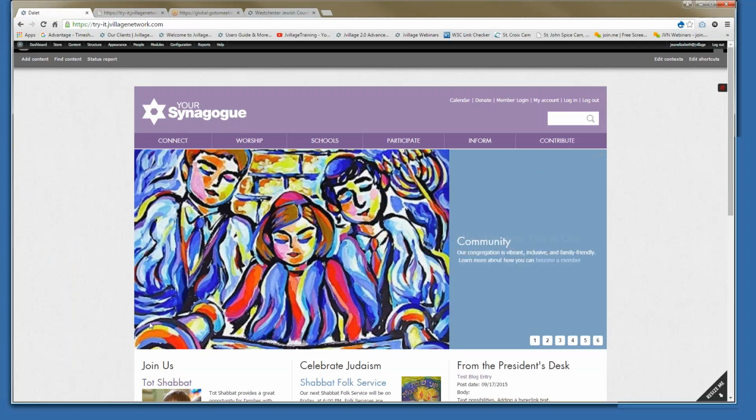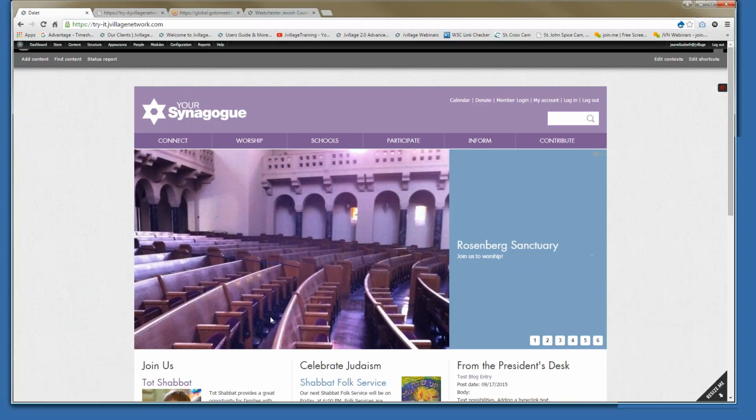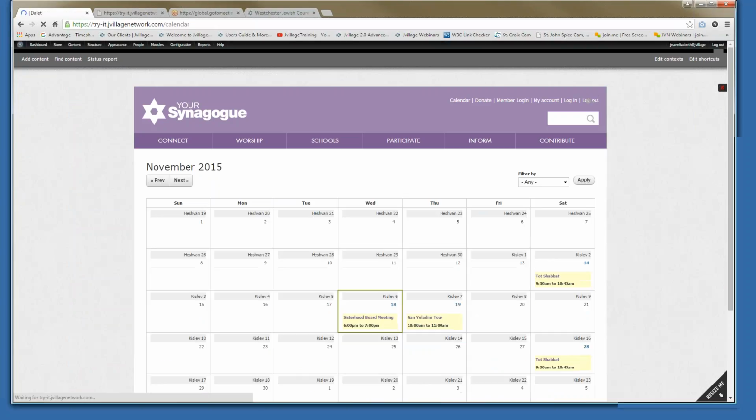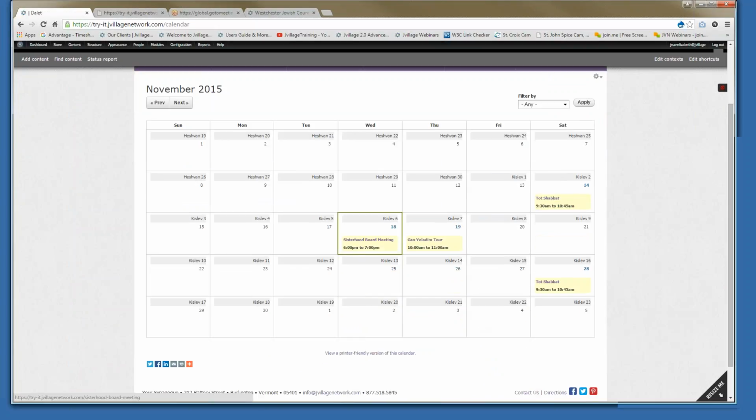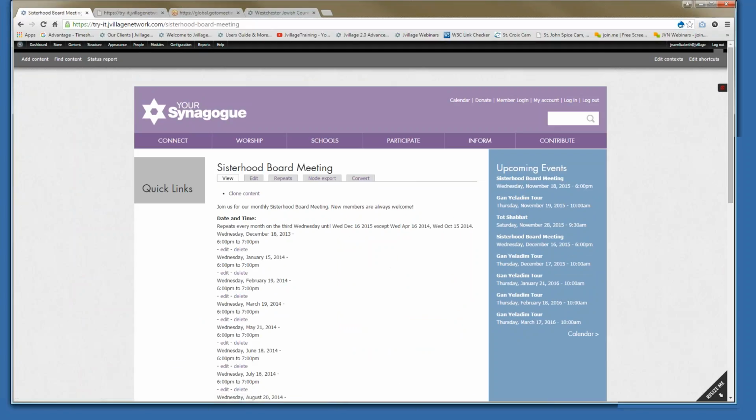I guess a couple other things that I could show you how to link in your website would be event descriptions and blog posts. So let's go to the calendar. Let's say the Sisterhood board meeting. If you click on the Sisterhood board meeting, each content type has its own alias, its URL. So pretty much anything with a URL you can create a menu link to. So if I copy the Sisterhood board meeting event,